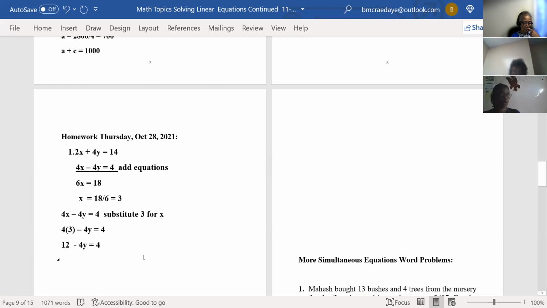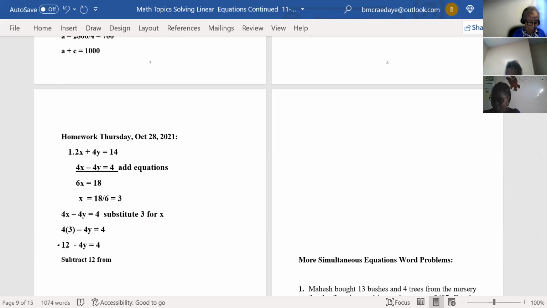So you subtract 4 on both sides because I bring over the 4. Or you prefer to do the 12? Take the 12 over. Yeah, I think the 12 would be better. Subtract the 12. Okay, subtract. You wouldn't get the same answer, Miss Barbara. You get the same answer. Subtract 12